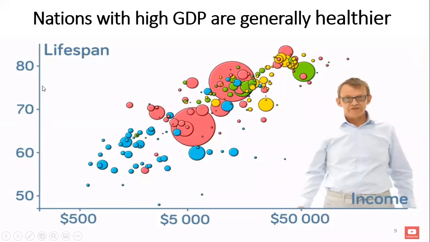So we can see here on the vertical axis, or the y-axis, we've got life expectancy from 50 to 60 to 70 to 80 years old. And we've got on the x-axis, or the horizontal axis, income or GDP per capita from $500 per person to $5,000 per person, up to $50,000 per person. And we can see quite a clear correlation there, which is we've got two corners. Down this corner here, people are poor and they die younger. So this corner is poor and sick, whereas this corner up here is rich and healthy.